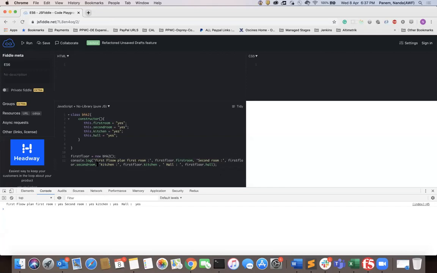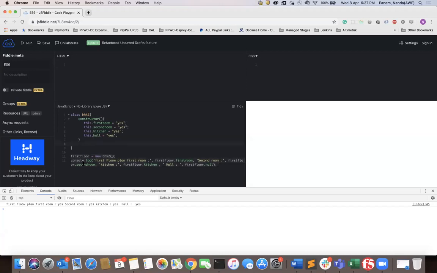For everyone in the flat, these are all the default behavior: first room, second room, kitchen and hall. This is a class and you are creating a number of objects. Now when he is constructing the first floor, he will reference this 2 BHK and see that he started the constructor and these are all the default behavior. He started to construct and he'll give it to you. That's it.